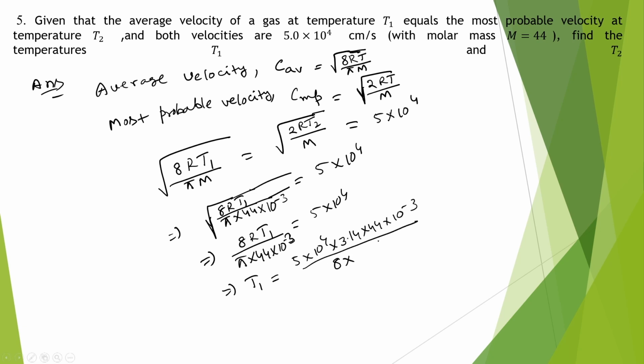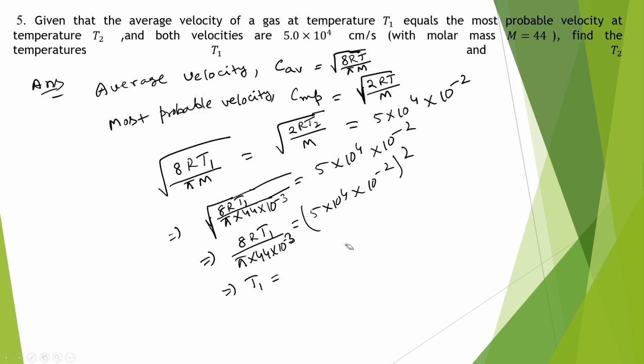So, the value of R here we will be using in joule unit. Velocity is given in centimeter per second, so we need to convert into meter. So, we have to multiply this factor by 10 to the minus 2, and then its square. Okay, so the value of T1 is 25 times 10 to the 4 into 3.14 into 44 into 10 to the minus 3 by 8 times 8.314